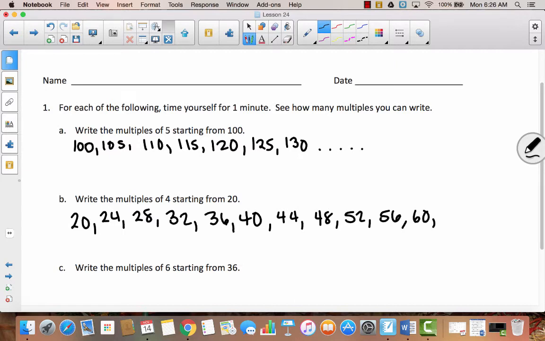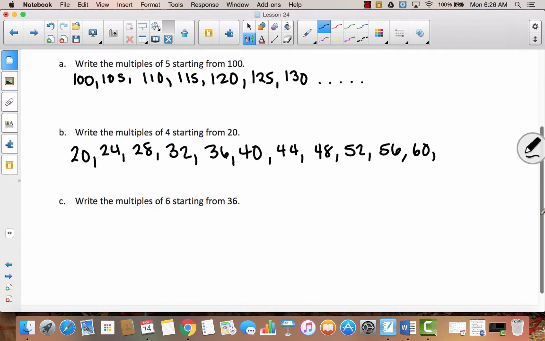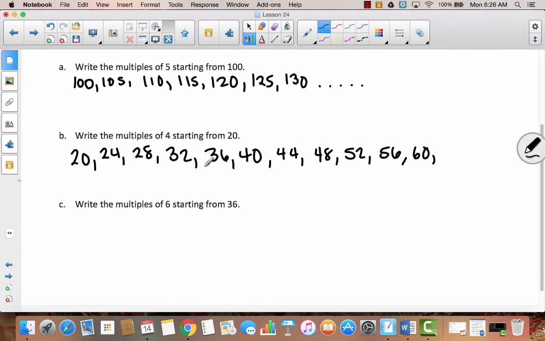So how far did you get? Did you get to 100? Did you get to 140? Did you notice any other patterns? Let's see, I see 2, 2, 2, 3, 3, 4, 4, 4, 5, 5, and then look, 6, 6. So in the tens place, you'll have 3 of the same, and then it'll go to 2, and then it goes back to 3, so that's another pattern.